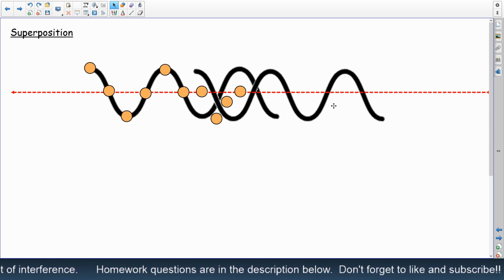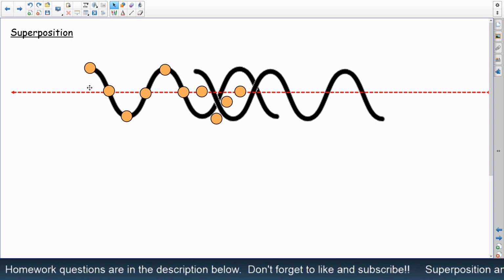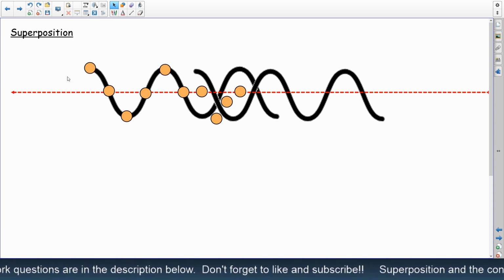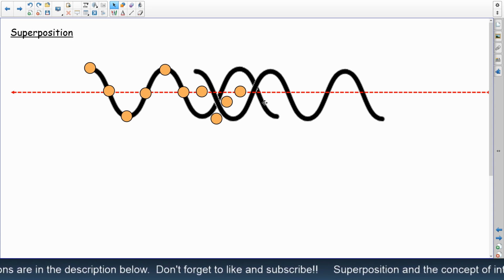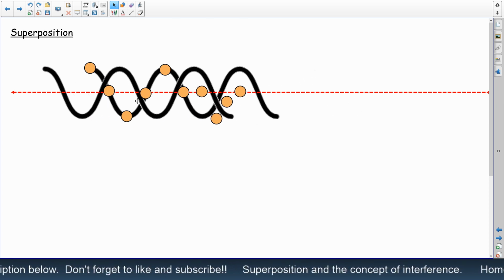And that's just for a particular moment in time. As this wave passes through, this whole thing becomes slightly messed up as the two waves overlap each other. And this is what we call superposition. Once the waves pass fully through each other, though,